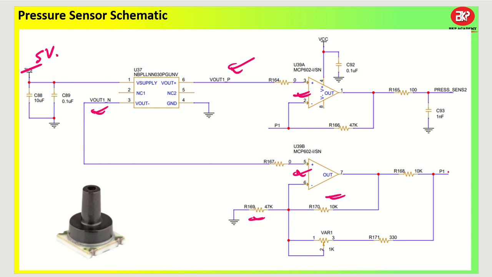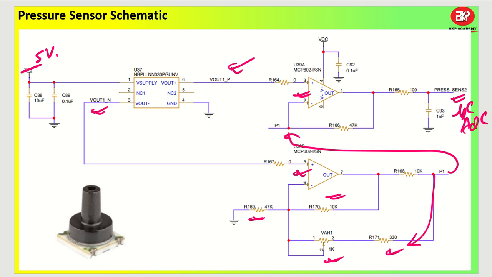And this particular output is going to get connected back. At the same time, there is a parallel combination of resistance 330 ohm and 1 kilo ohm. Okay, which will help you to calibrate the output that is going to go to the microcontroller ADC, or you can use an external ADC as well. There is nothing to worry about, we don't always have to take it into the microcontroller ADC. There are a lot of external ADCs that are also available in our schematics. Okay,